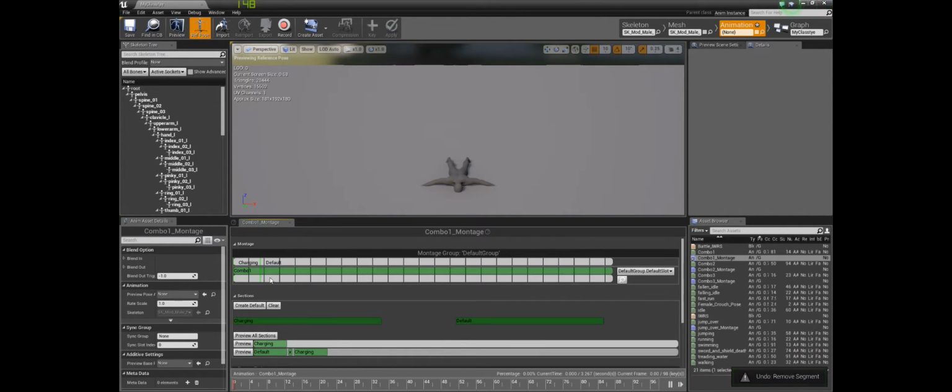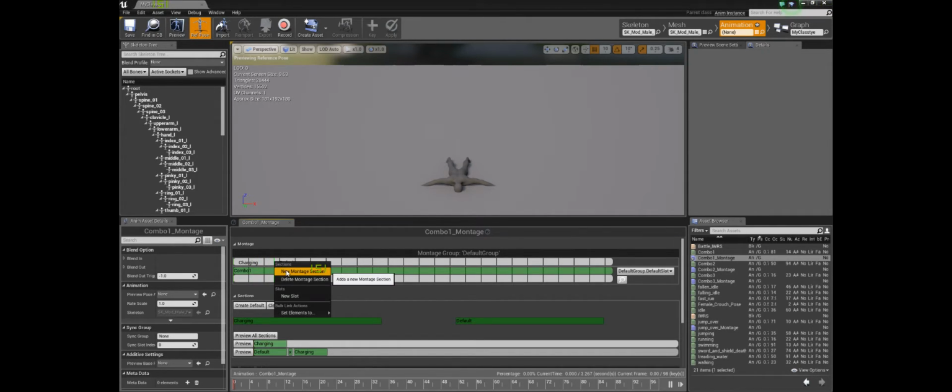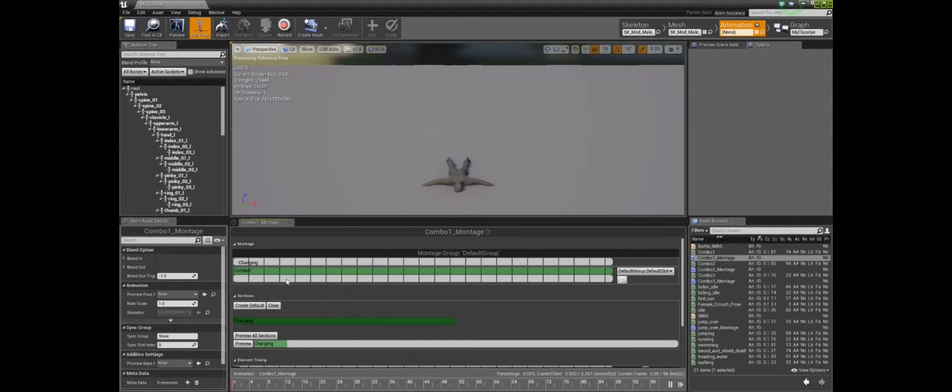I think I did this wrong. Hold on. I just want to delete this tag. Delete montage section. There we go. Okay, I deleted the wrong thing before. So now we have charging. And then we have attack. So now with these two settings,